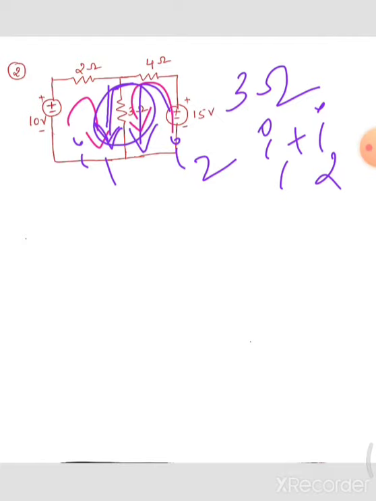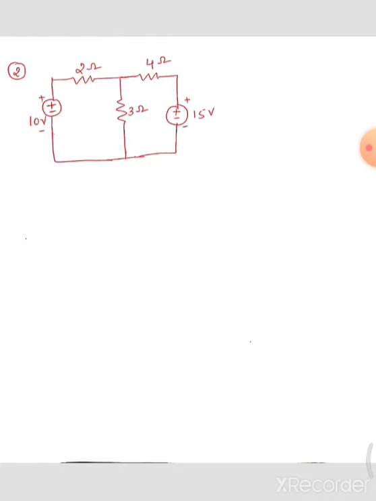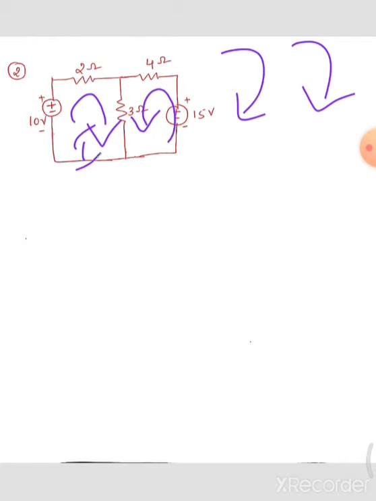Okay, the only thing we have changed is the direction. First time we have taken both in the clockwise direction, and second time we are taking based on these sources. Okay, this is I1 and this is I2. Okay, let's write the equations for this. For the first